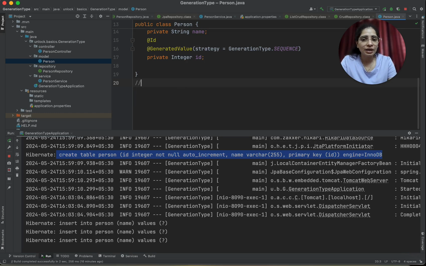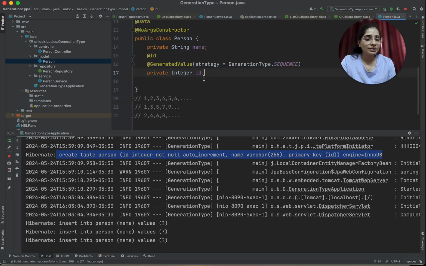For example, 1, 2, 3, 4, 5, 6 is one sequence. And let's say I'm talking about a second sequence, 1, 3, 5, 7, 9. This is another sequence. And let's say I am adding 2 to every number, so maybe it will start from 2, 4, 6, 8. So it's one more sequence.